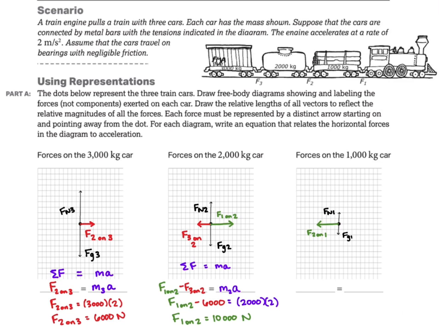We know that this first cart is accelerating to the right, so the net force is supposed to be to the right. That means that the force that this engine car exerts must be bigger than F2 on 1. Right, so this is from that locomotive engine there in front. Plugging in some of my numbers from the previous parts, I come up with the force of the engine car, what they want to call F1, is equal to 12,000